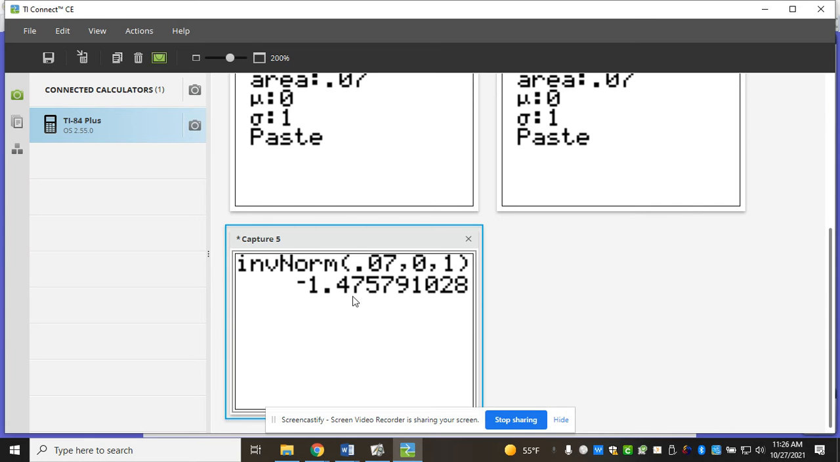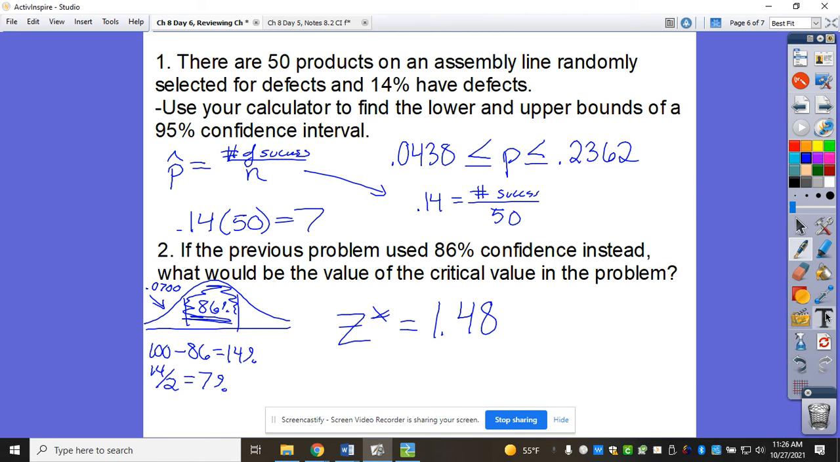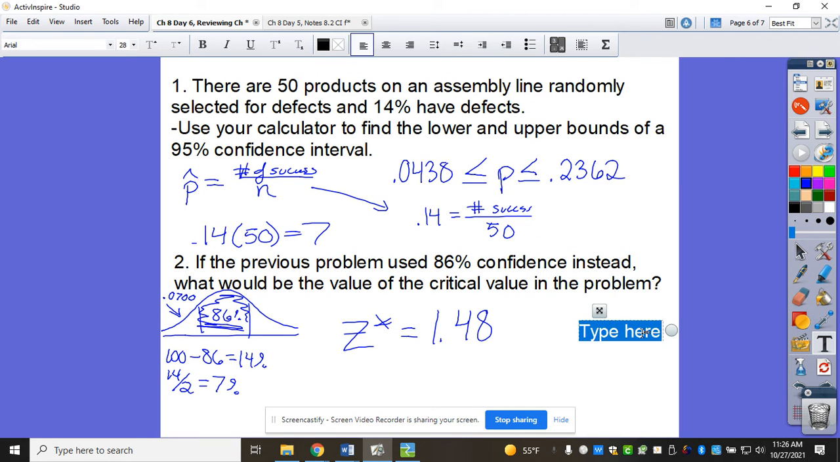And this works the same with inverse t as well. Just while I'm here, let's say we're doing one with 90%. What t is 90% with an n of 14? So